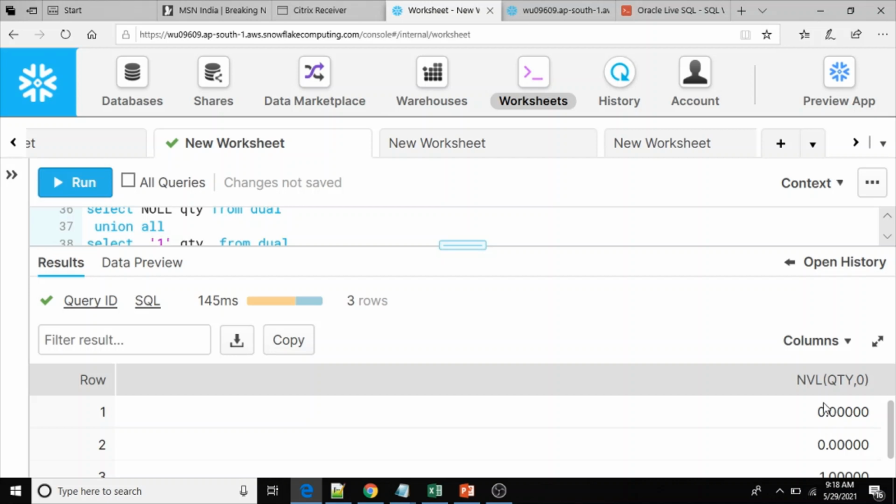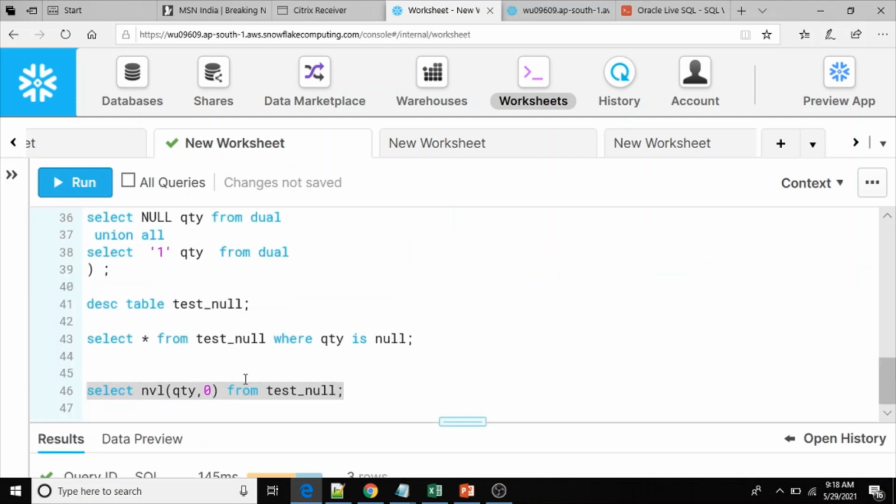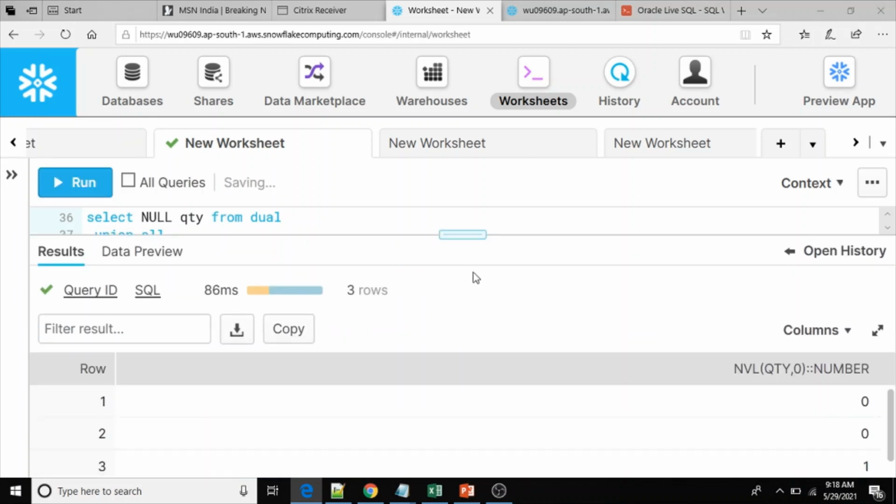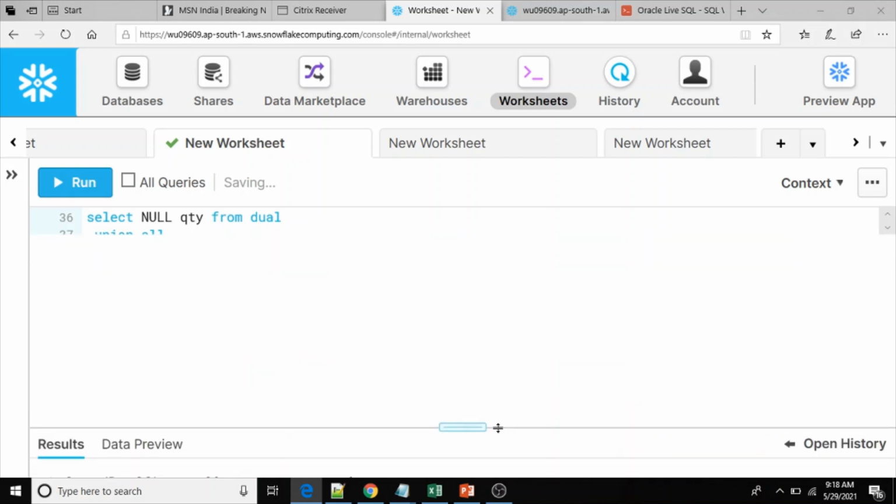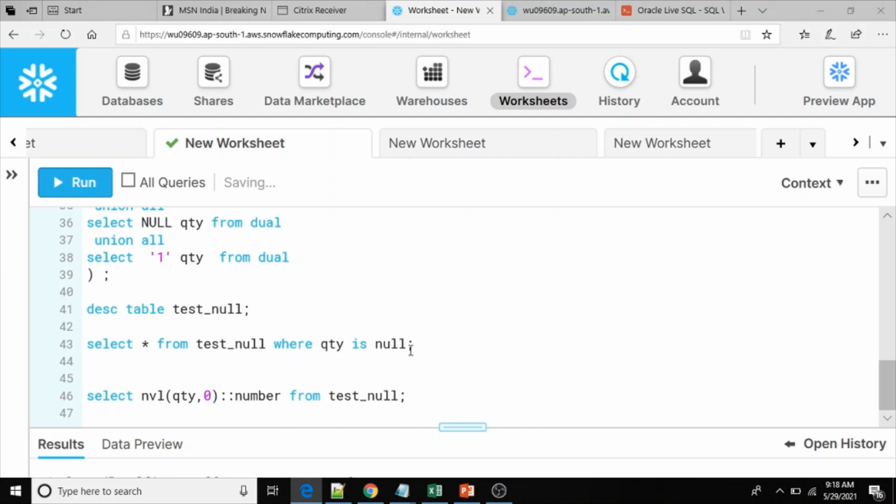See here, why do we have extra zeros, five zeros? That is the default because we didn't do any typecasting. The data type is VARCHAR, that's why we see the difference. To avoid this, you do typecasting by using the double colon number. Then the output would be 0, 0, 1. This is all about how you handle a single quote as part of your query or inside your data.